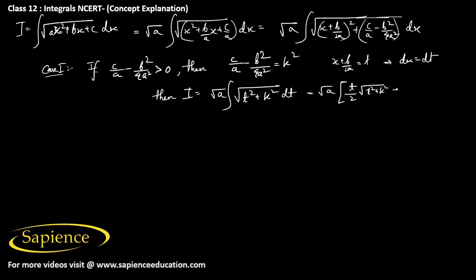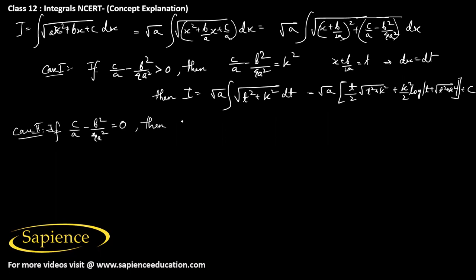Then this will be plus k square by 2 log mod t plus square root of t square plus k square plus c obviously. So here actually we have to then substitute the value of t and k here. And case 2 is that if c by a minus b square by 4a square is equal to 0,